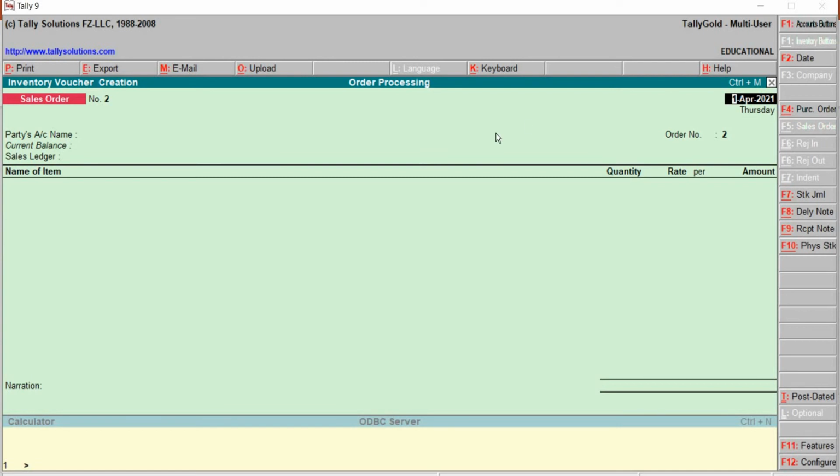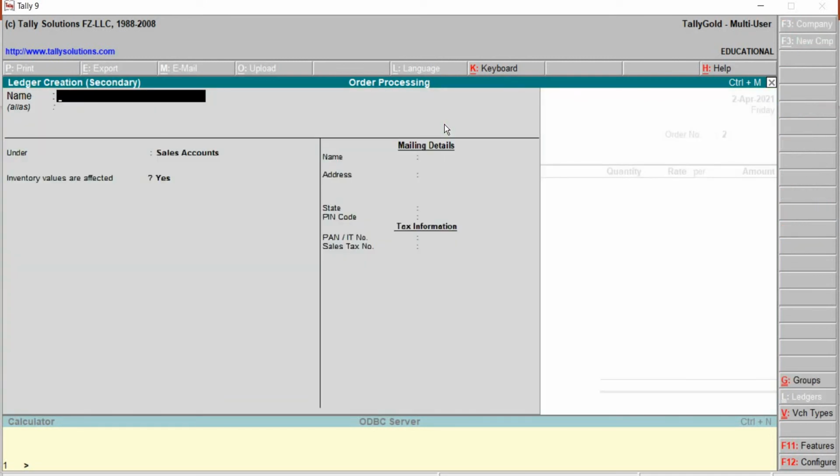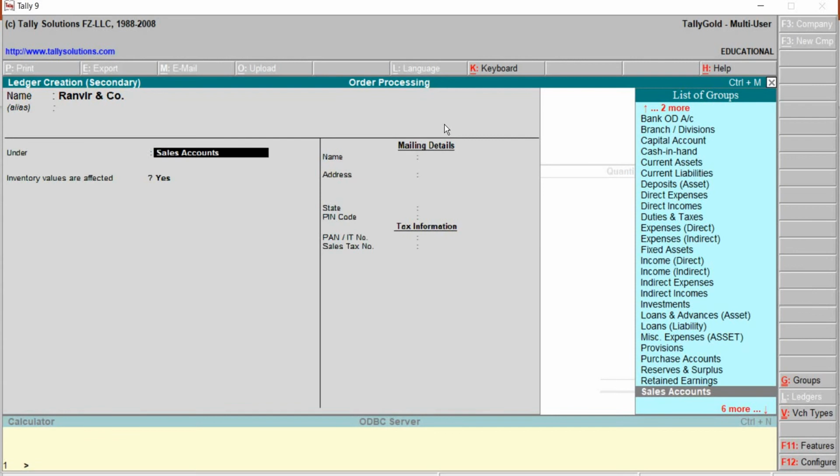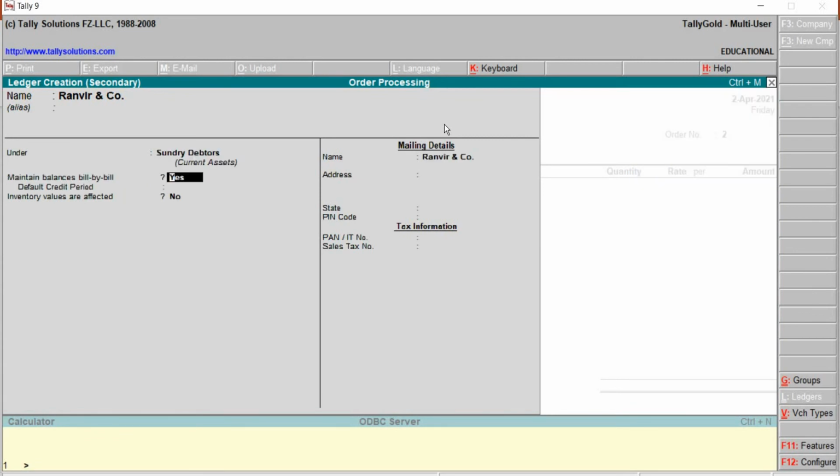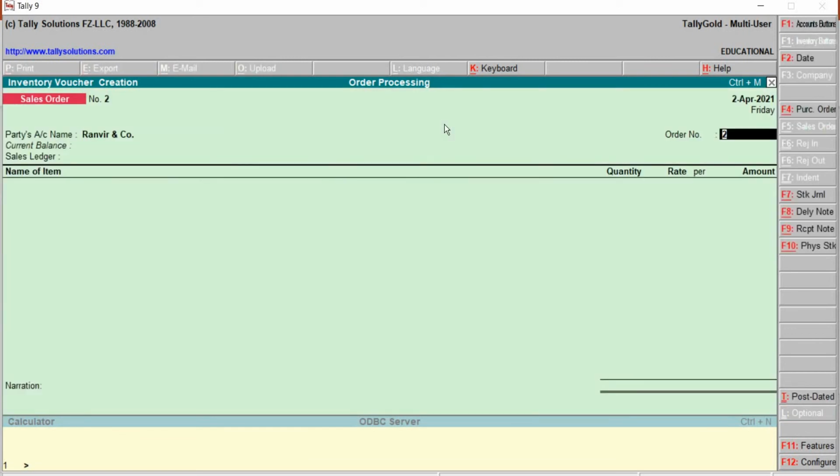Change the date, right, 2nd of April. Party's name has to be created. Alt C to create. Alias blank, and this has to be allocated under the group, that will be sundry debtors. Control A. Order number 1331.